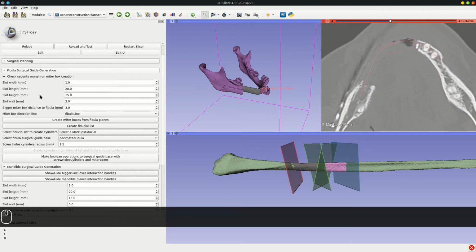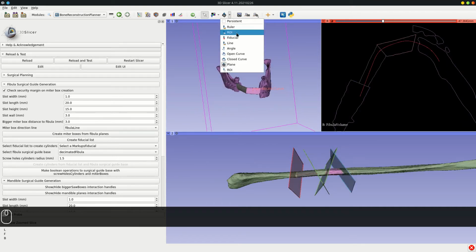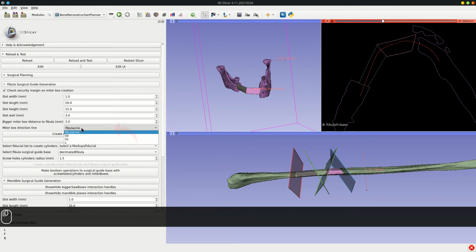Once virtual surgical plan is completed, next step is the generation of the fibula guide base. So we move to this fibula surgical guide generation settings. Here you can adjust the meter box settings. First step here is to draw a line telling the program the direction of the meter boxes. The surgeon can place the meter box in anterior or lateral position. I prefer the lateral approach,